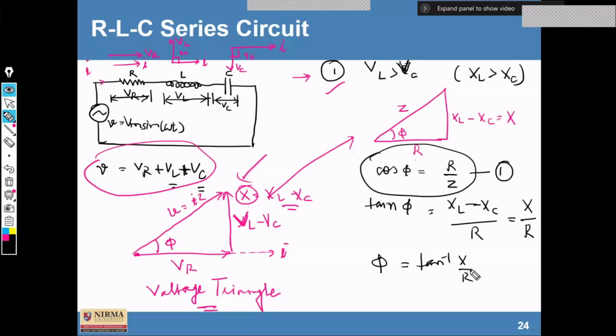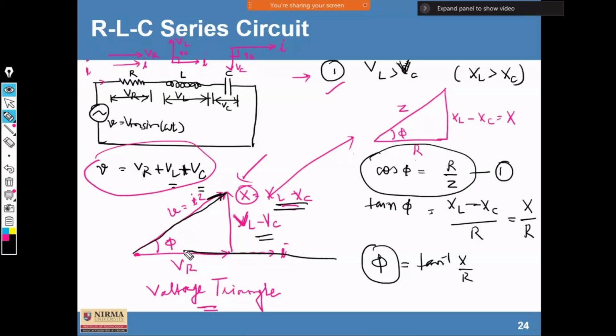Clear? So here in the circuit, whenever we have the difference VL minus VC, we'll have definitely a difference of XL minus XC, fine. And based on this, the resultant vector can be drawn with the magnitude found with the help of the equation, and phi, which can be written here, and we can draw the triangle if required on graph paper also according to their magnitude and direction. Clear? So this is related to your condition number 1, that is called VL greater than VC.